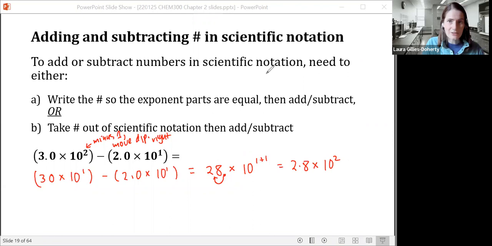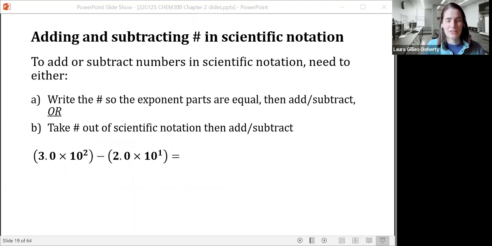And then the last way you could do it is just take the numbers out of scientific notation, do the addition or subtraction, and then put them back in. So 3.0 times 10 to the 2. We take that out of scientific notation. We have 3.0 times 10 to the 2. So we're going to move the decimal point 1, 2 spots over. So we have 300